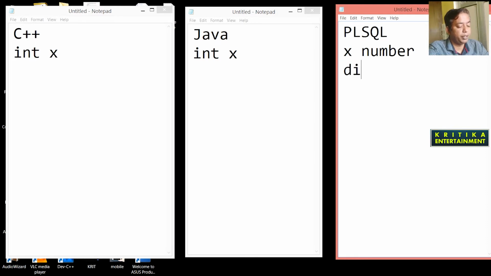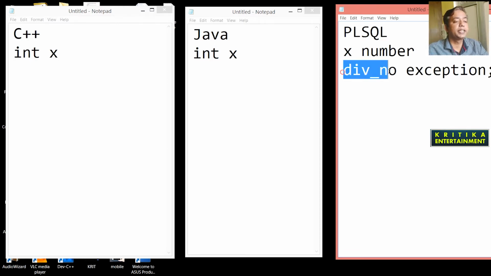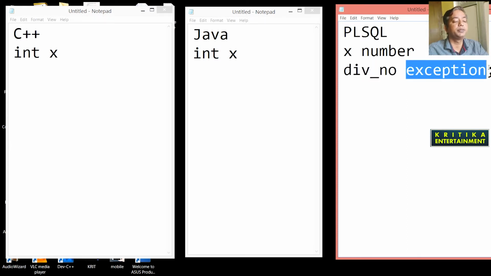So div number is my exception. I have declared one variable of exception type. Then when I try to divide the number by 0, this exception will occur because it is declared as exception type.